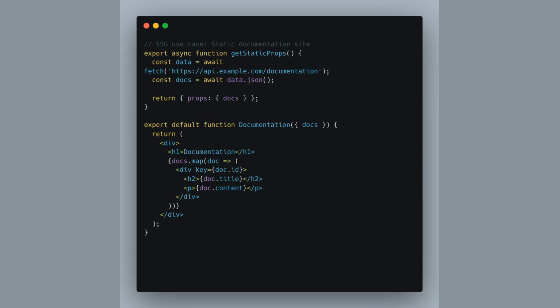Static site generation, SSG, is ideal for a static documentation site as shown here. We use getStaticProps to fetch documentation content from an API at build time. This method is perfect for documentation since the content doesn't change often and can be pre-rendered, resulting in fast page